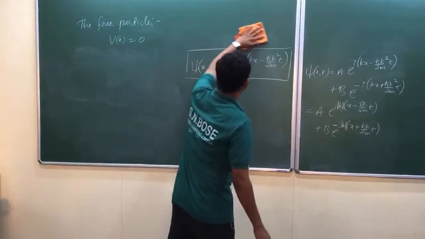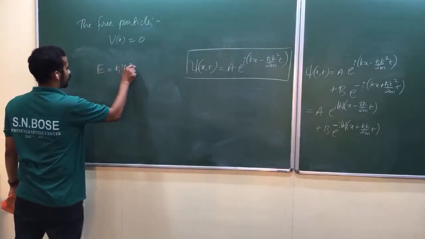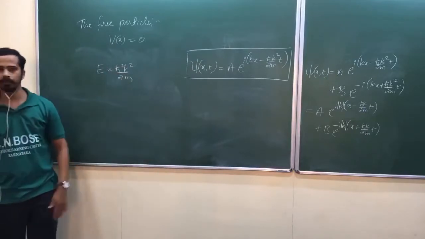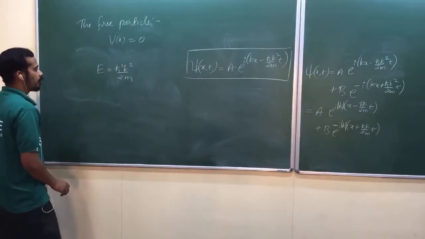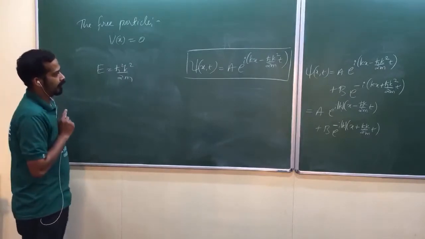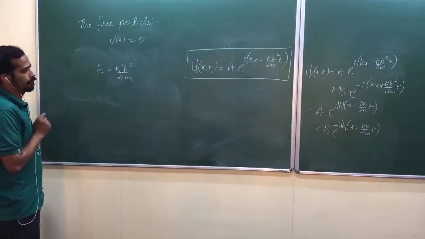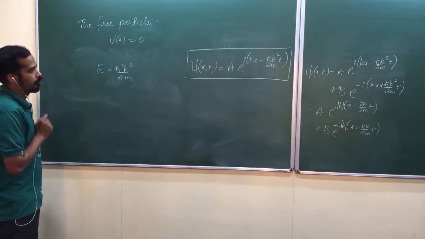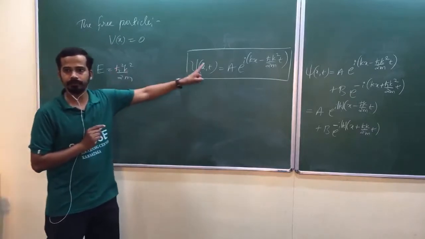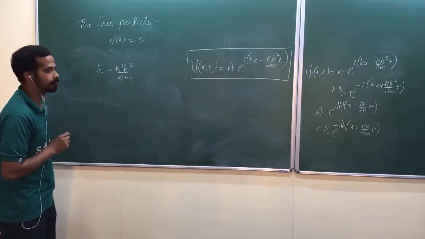Now look at here. So there is no restriction on energy, am I right? Look at here. What is energy? H bar square, k square by 2m. There is no restriction on energy, isn't it? Our solution is over here. Now look at here. We got one problem. This wave function has got this energy, am I right? Energy of this state is this one, am I right?